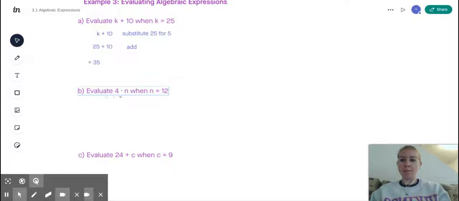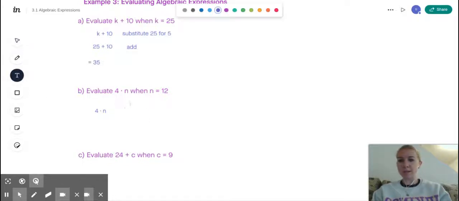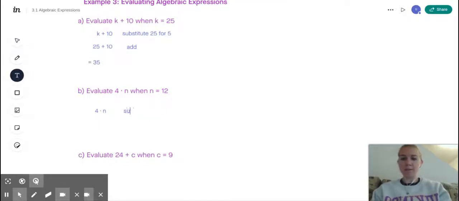We have evaluate 4 times n. Remember, we only use the multiplication dot for algebra, not the x symbol, because that could be confused as a variable. So 4 times n when n equals 12. Okay, so we have 4, copy and paste my little dot here. 4 times n when n equals 12. So our first step is going to be substitute